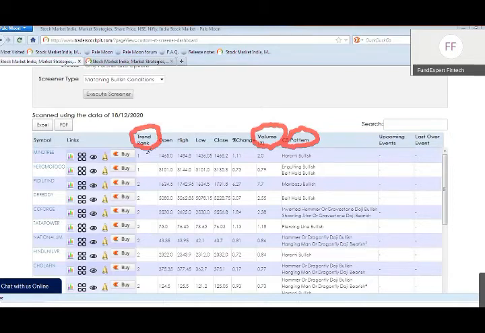So I have arranged the stocks in the descending order of ranking for you here, and look for the stocks where the trend rank is high, in the sense the trend rank is either 1 or 2. And along with a good trend rank, there should be a good increase in volume also. The idea is, along with a good price movement, there should be a good increase in the volume too, both for the bullish side as well as the bearish side.